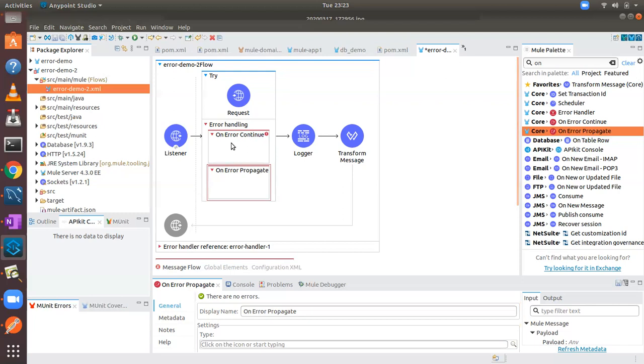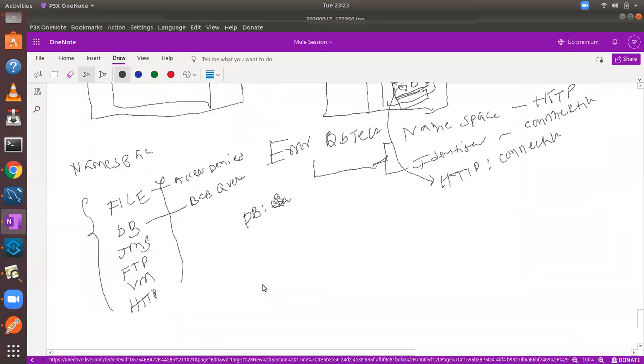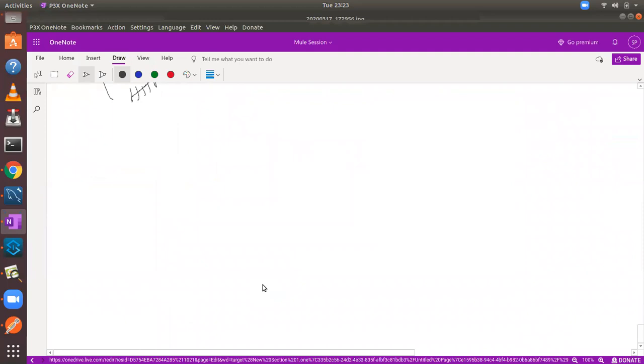So when an error occurs, the fundamental is like this. Let me take this one. Okay, this is my flow. These are different components.